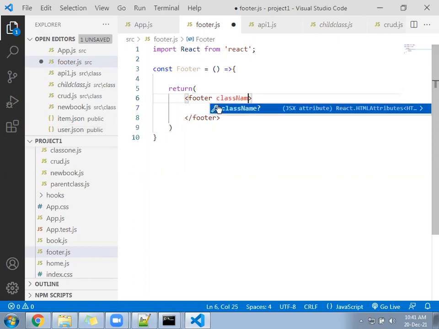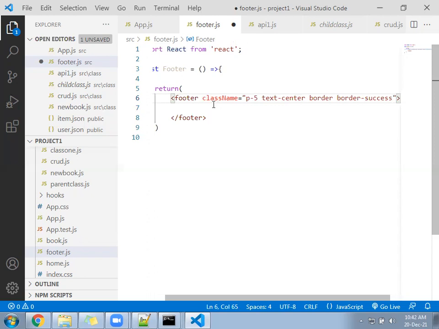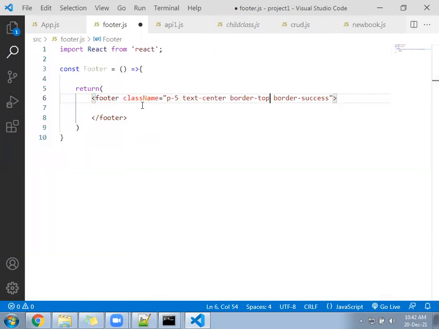Class name equal to p5, padding 5, text center, and after that border, border-success, border-top, and border-success.